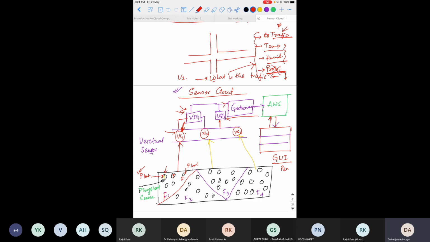So see, there is not only the decision making system, there is a use of saving the battery life as well as increasing the performance of the sensor as well as the lifetime of the sensor. So that is how this sensor cloud is beneficial in our industry.